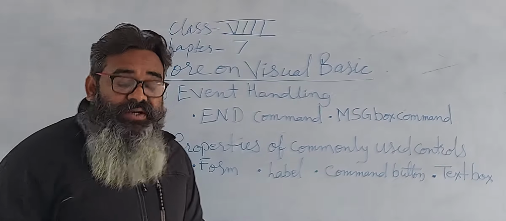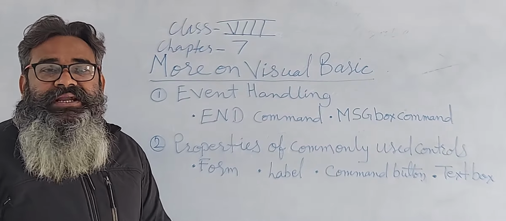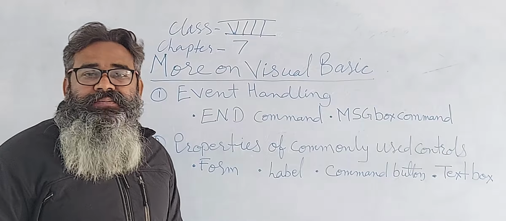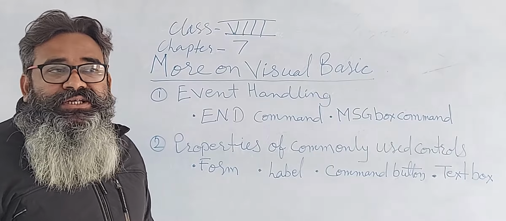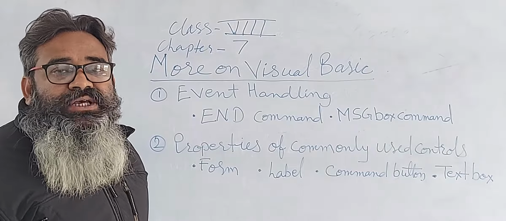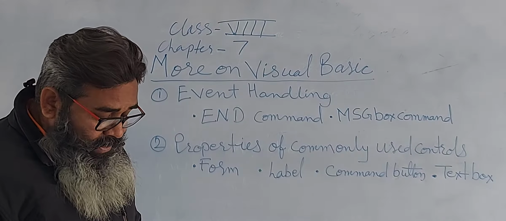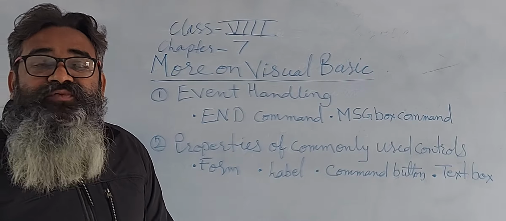Then the commonly used event is Load. Second is going to be the label. As I already mentioned in the previous class, the name of the label has to be set at once and it cannot be changed. But just like the properties of the form, we can also change the properties of the label. Label is used to display text in the form.